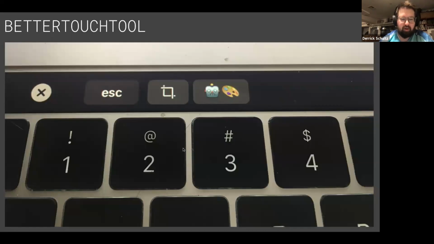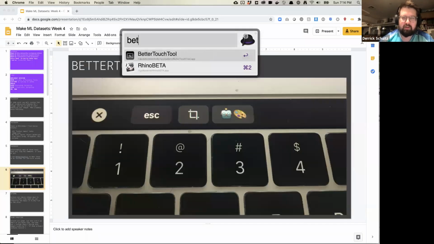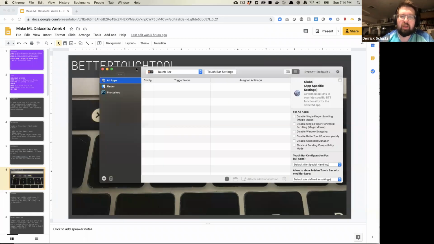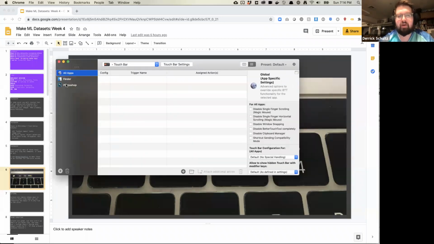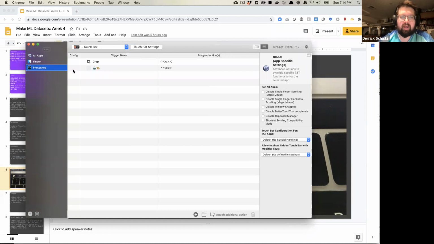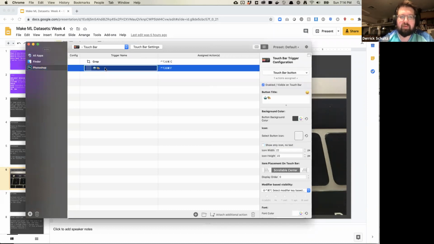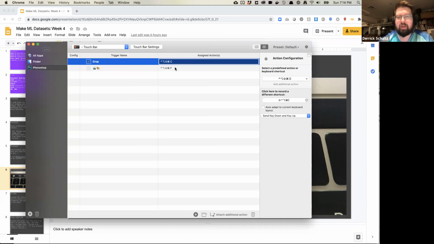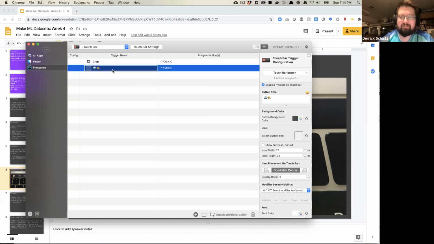Cool, so let me do a quick demo of how I actually use these tools. Let me first pull up BetterTouchTool. In BetterTouchTool, along the left-hand side are your applications. You'll see here in Photoshop, I have the crop tool and the content aware fill tool, and these are mapped to some custom key commands. This is like 5 keys, right? It's Shift, Control, Option, Command, C, which I never want to try to remember. So I just map these to these buttons. As you build up a bunch of buttons, you might want to assign an emoji or some icon to your keys so that you have more keys available to you in your touch bar.